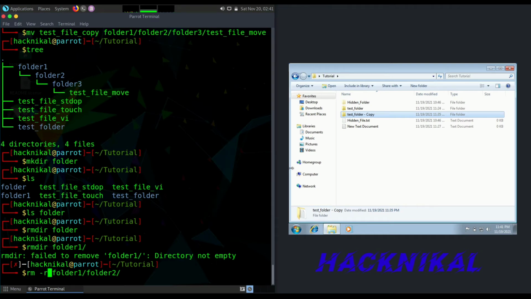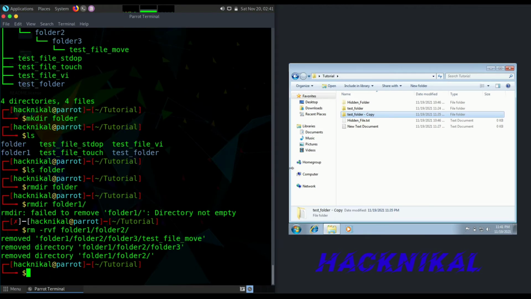If you want to check whether it is getting deleted or not, you can use -v. It will print out whether it is getting removed or not. And you need to use -f to forcefully remove the files without any authentication, suppressing errors. You will use -f to forcefully delete all the contents of this.